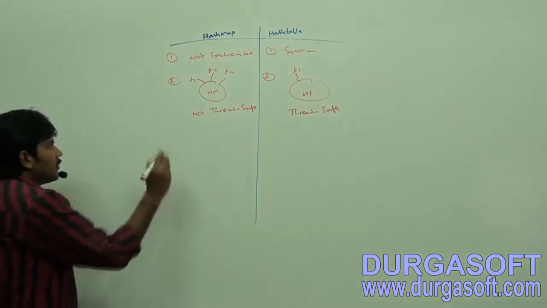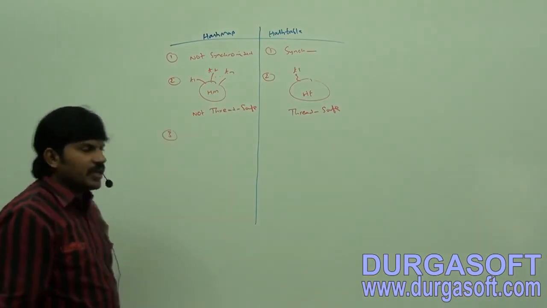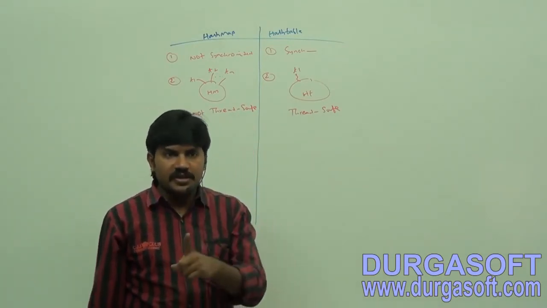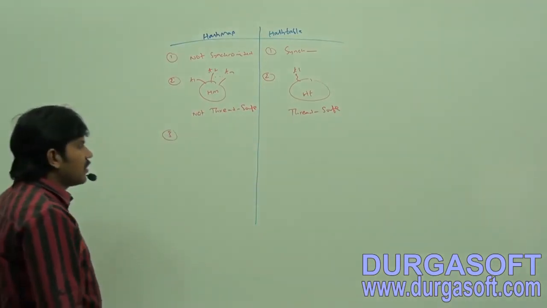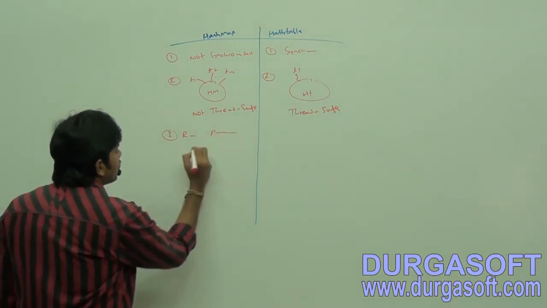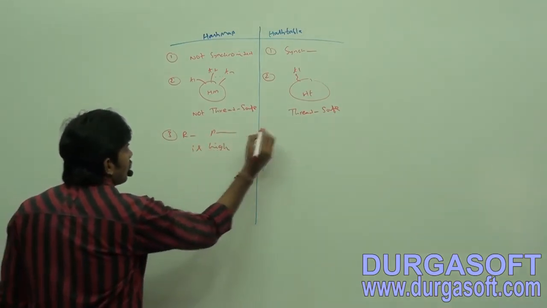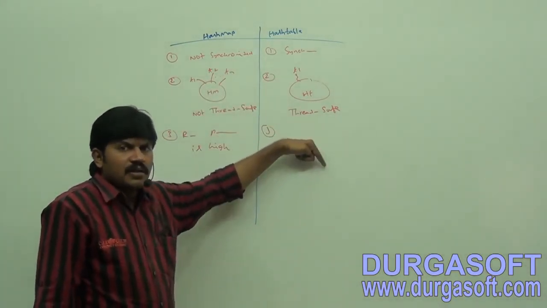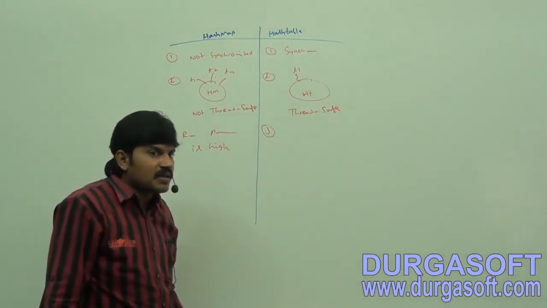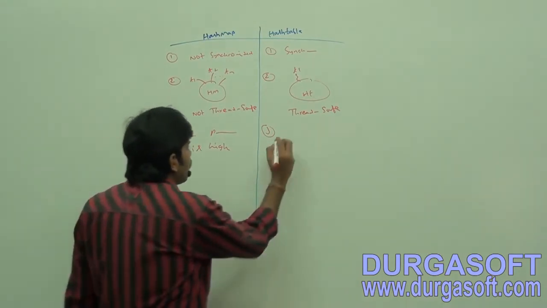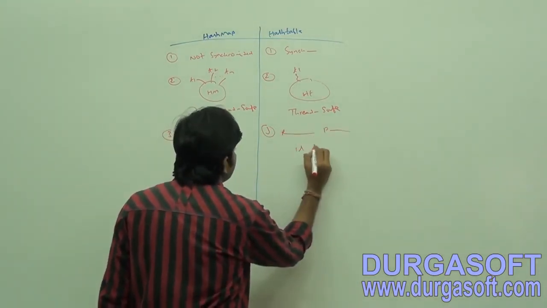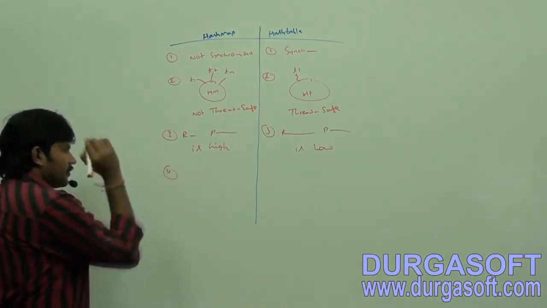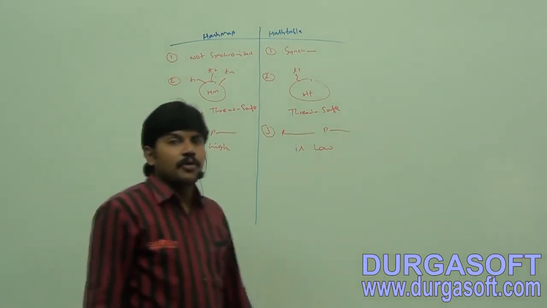Third one, to operate on a HashMap object, threads are not required to wait. Waiting time is not there for the thread. That's why relatively performance is high. But to operate on a Hashtable, threads are required to wait, because at a time how many threads can operate? Only one. That's why relatively performance is low.